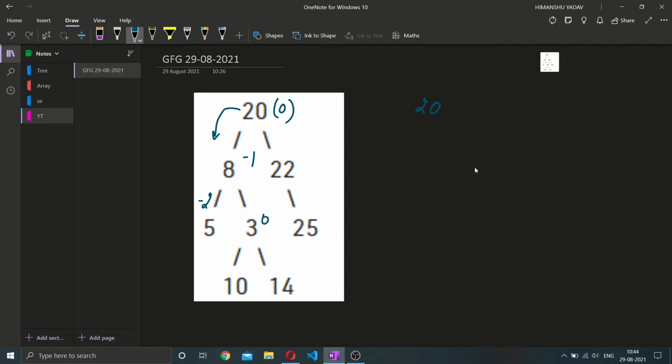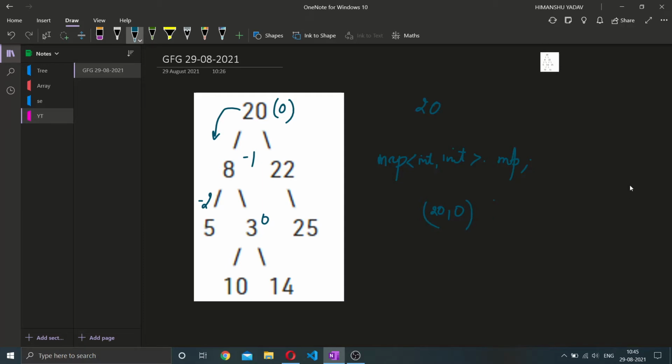I will make a map of int comma int, and for each iteration I will store the node value with the vertical point. We will call the recursion starting from 20.